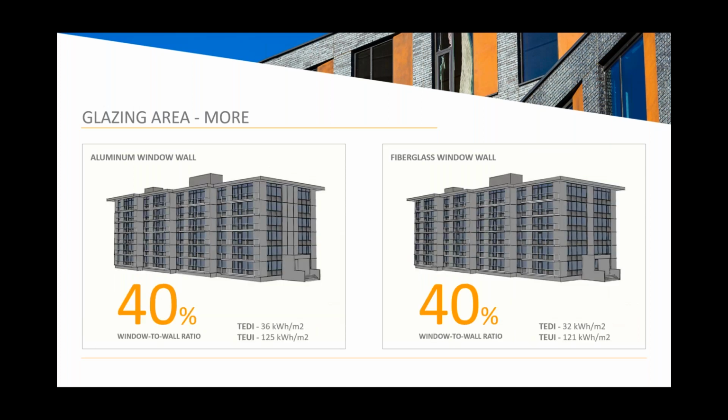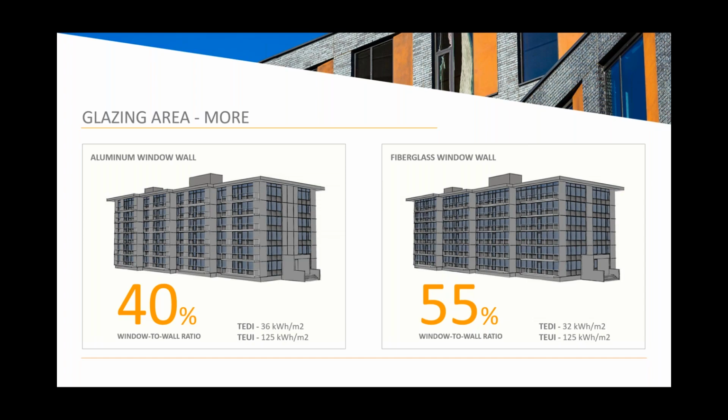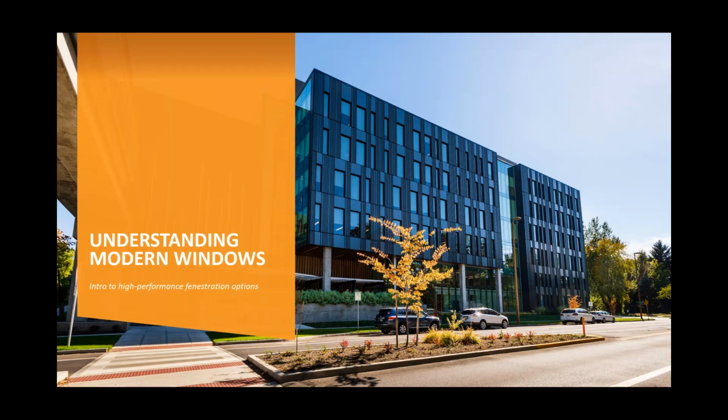What about a low-rise building? So this is again a building on the left with an aluminum window wall that's right at the limit for energy usage. And then you're looking on the right at a fiberglass window wall equivalent, so switching from aluminum to fiberglass. And all of a sudden you've got flexibility to increase the amount of glazing area up to 55% and significantly improve the look and the amount of glazed area on a building like that. Still complies with the energy code requirements for that building.